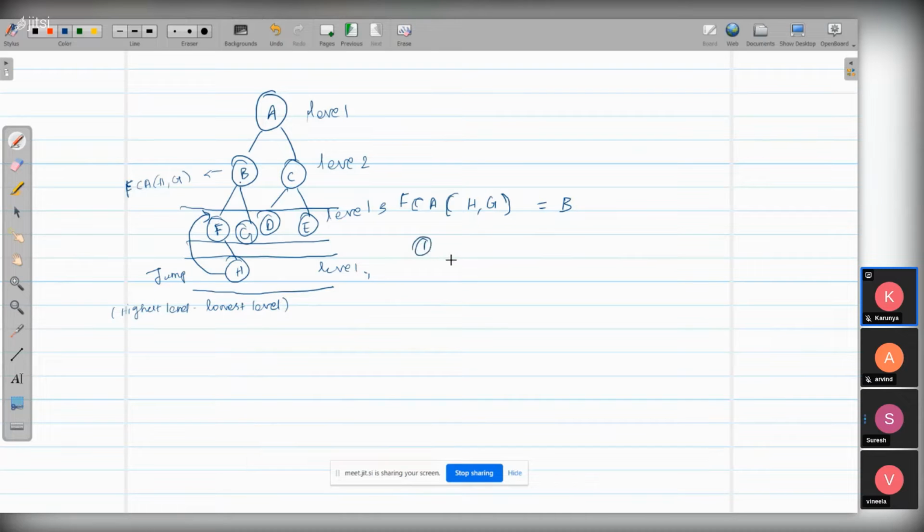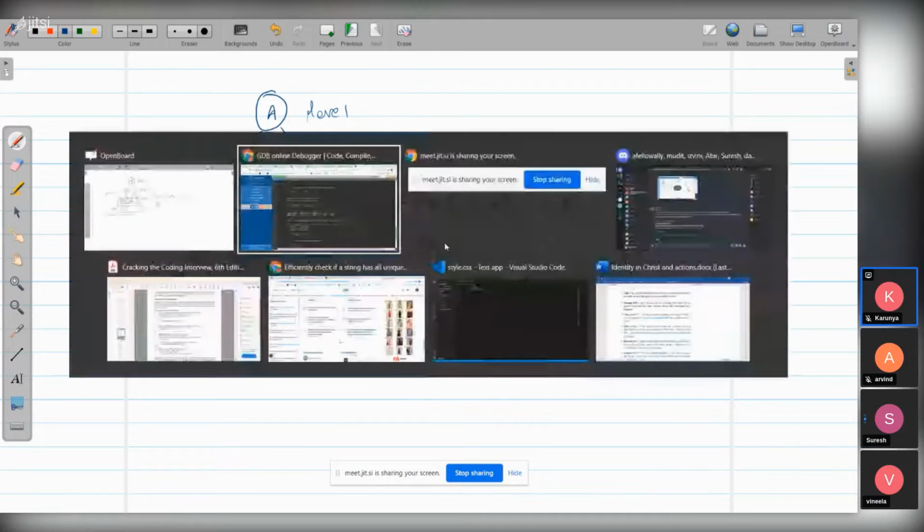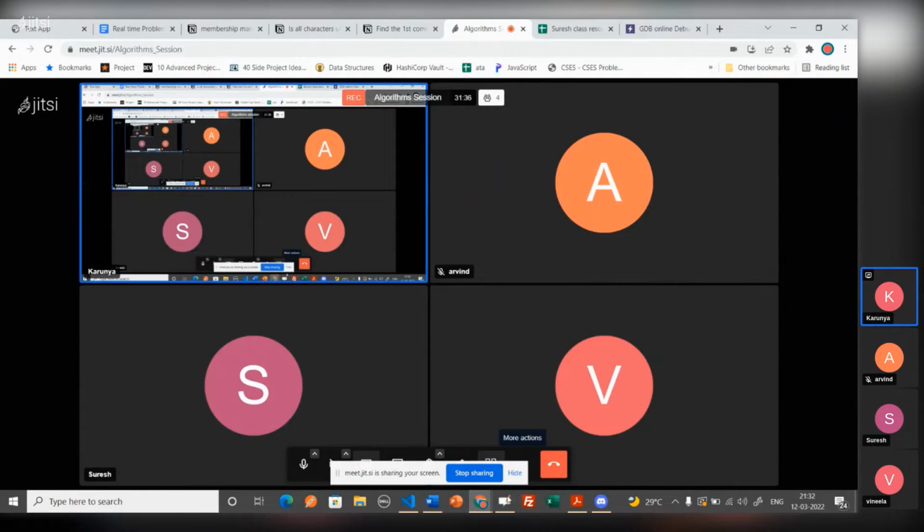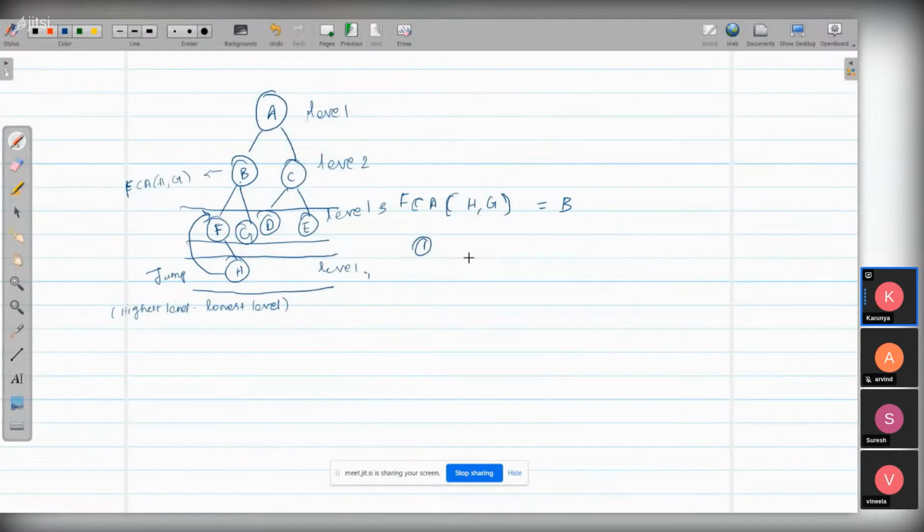Now Karunya has some ideas. Let Karunya drive. You unmute and speak about the idea we just discussed. The approach is, since for each node here we are maintaining only the node value, left and right, we are no more maintaining any parent value. So the approach is to traverse from the root node throughout the tree, level-wise or in any order you want. If we want to find the first common ancestor for H and G,